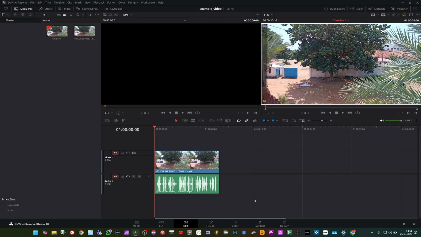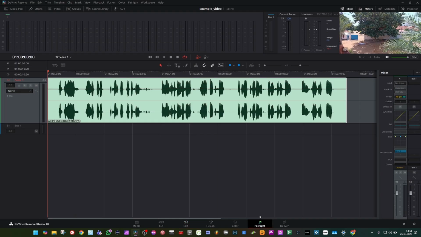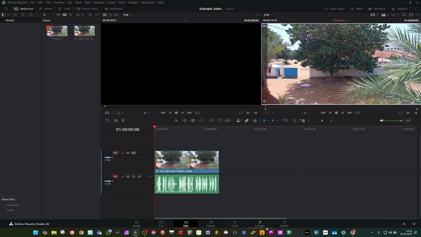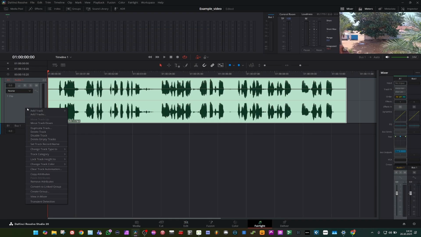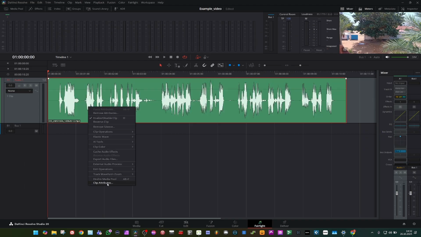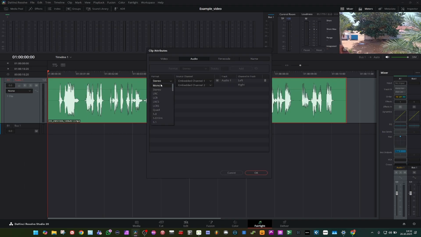How to get now to WaveLab? So you go to the Fairlight, and as you can see, I have recorded this one just with the phone, and I had a Rode Wireless ME connected to the phone. And as you can see, by default, when I import video to DaVinci Resolve, it creates a stereo track, and here it is as a stereo track. So let's move first this track type to mono, and then from clip attribute go to audio, and we change